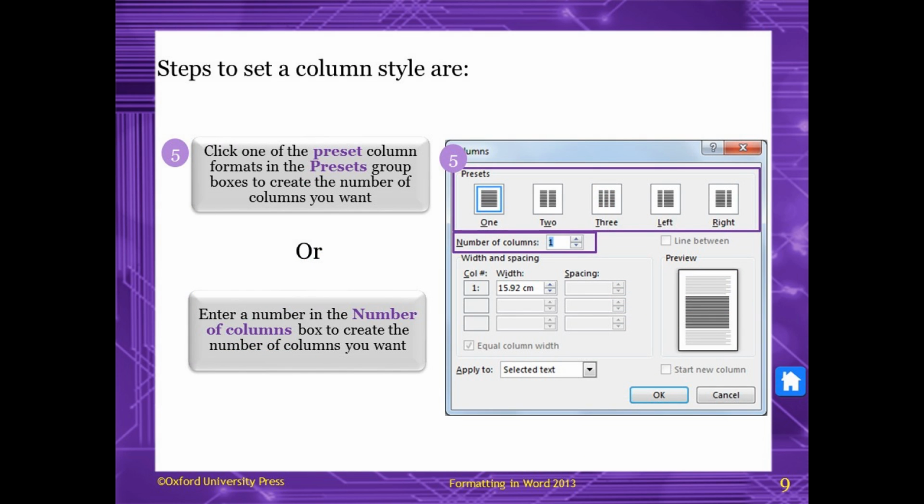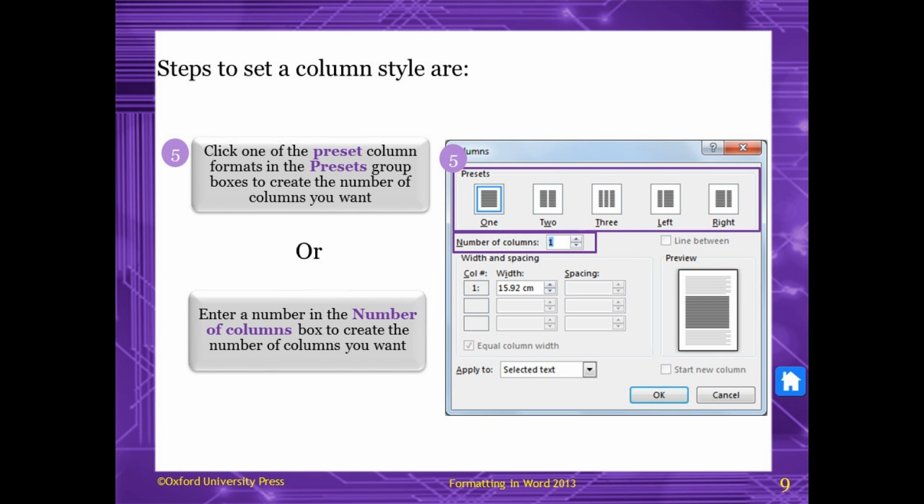Once you click on the Page Layout tab, you see the Page Setup group of commands. Once you click on the Columns button, a drop-down list of commands appears, and once you click on More Columns, the Columns dialog box appears.